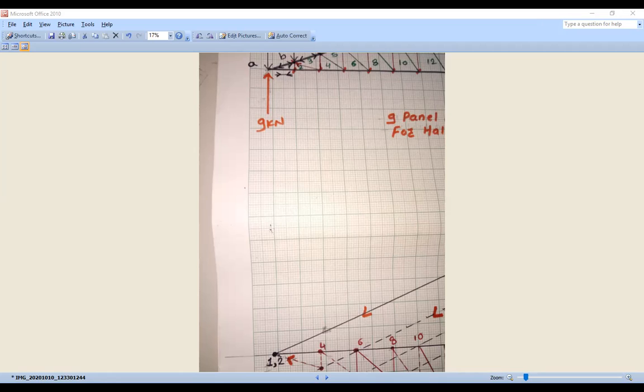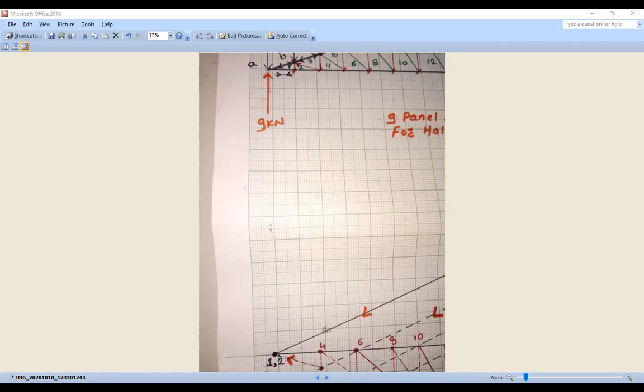Now, we are going to analyze this truss for dead load and live load. Here I have calculated for dead load only. Now see how to convert it into loads. See, the 2-3 member is shown here. Measure the length of the 2-3 member. If you measure the length, it comes out to be 2 centimeter. Now as 1 centimeter is equal to 1 kilonewton, 2 centimeter is equal to 2 kilonewton.